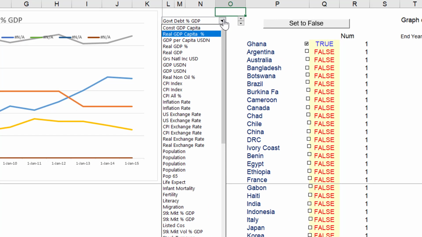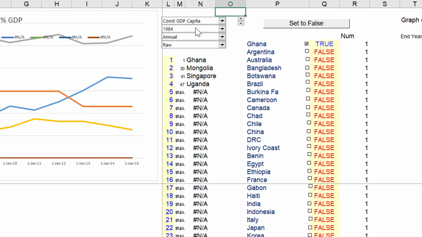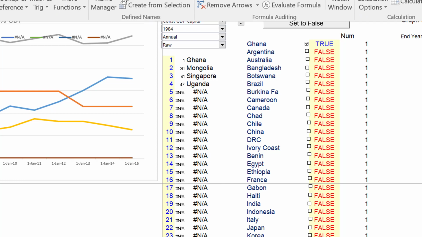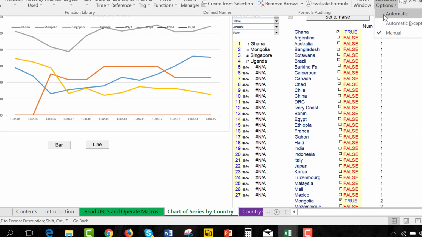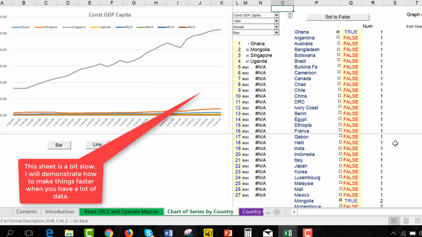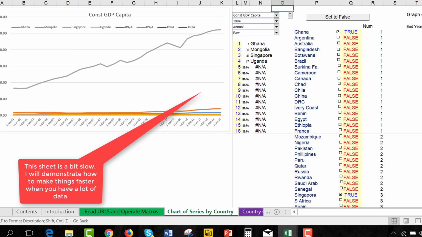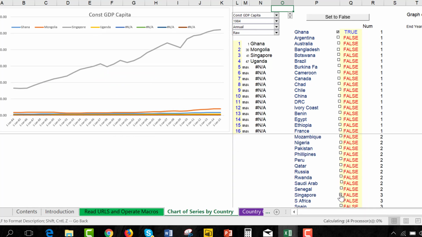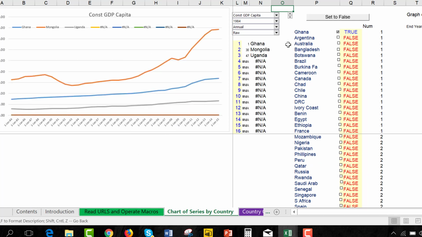variables. Now, I don't know if I got all the variables that you can get. I think I probably didn't, because I started kind of with Ghana, okay? And I'm switching the formulas back to automatic, and then if I want these kind of countries, I can see what happened to the GDP per capita. Singapore seems to be distorting the graph a little because it's so high and grown so fast. So I just take them off and I see what happens, and I can see the raw data or the index data,